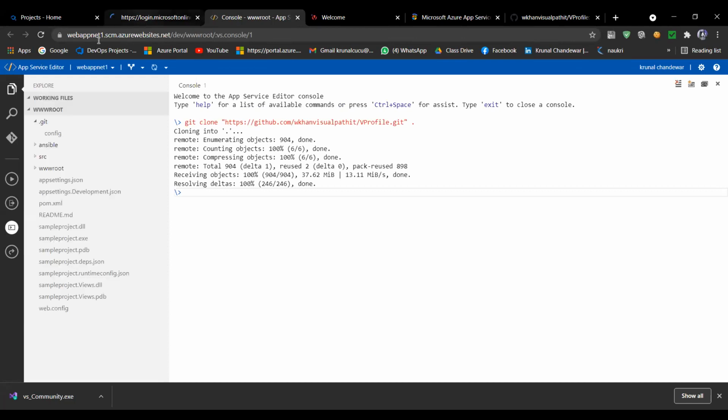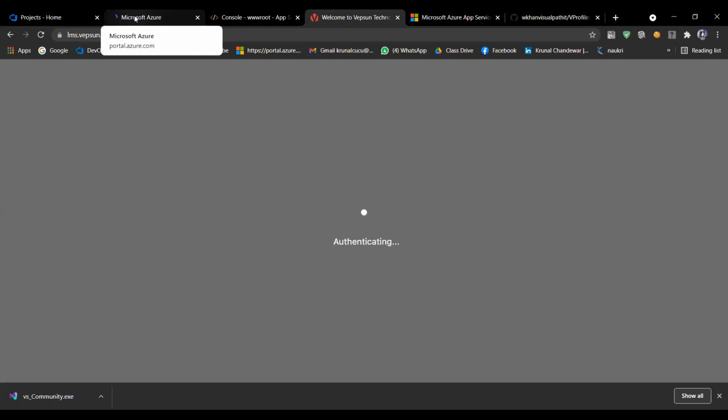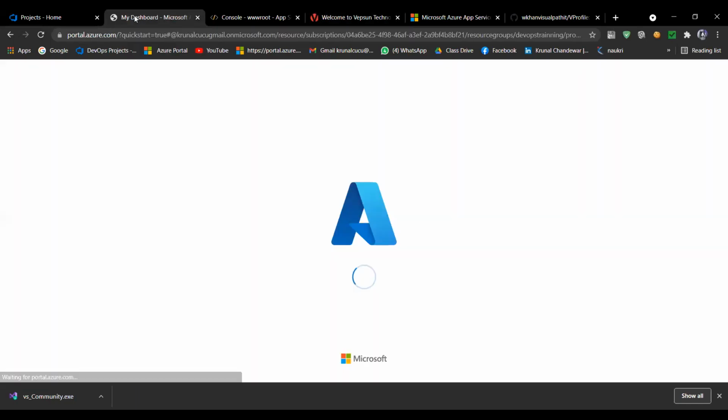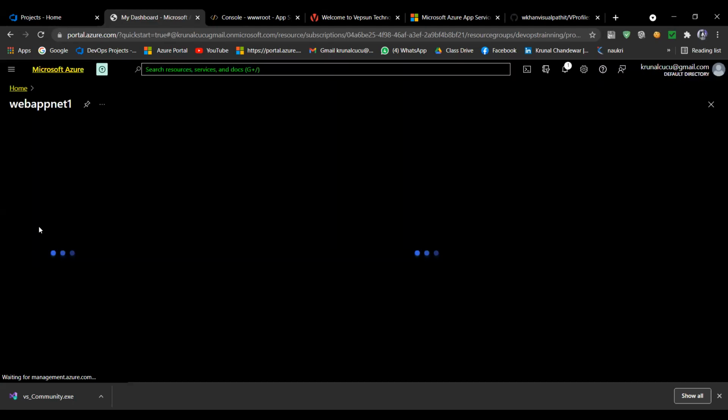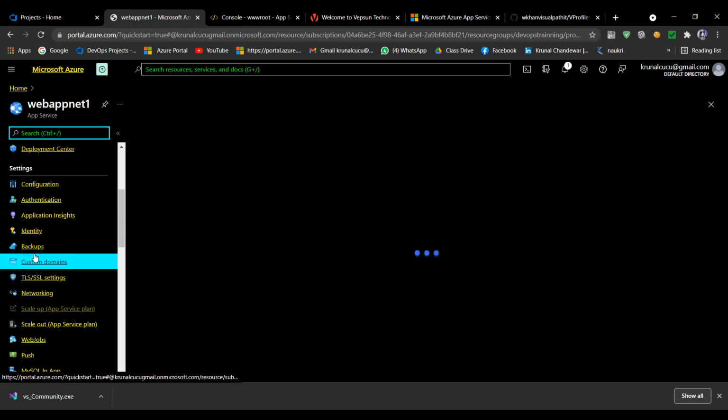Okay, see, sample project. What is the name of our project? Sample project, this one. And this project we imported from github.com. Both codes you can see here. And where do you get this option? As I already told you, in Microsoft Azure, you are getting one tab in this left side corner.